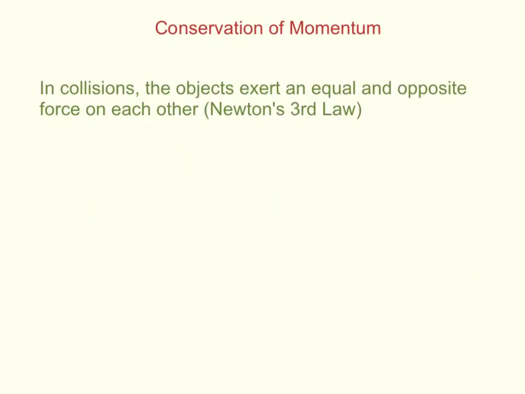With that, now let's move to the big one, conservation of momentum. This is, like I said, the big idea that we're going to be looking at. If we remember from class, whenever two objects collide, Newton's third law tells us that they exert an equal and opposite force. So let's say we have a blue square and an orange square traveling towards each other. That one should be a blue arrow. You get the idea. When they collide,